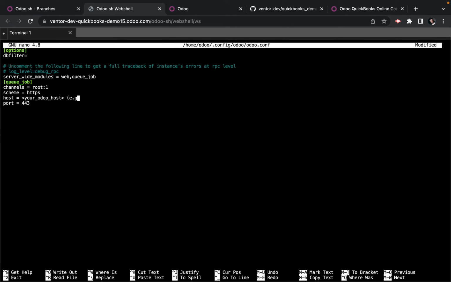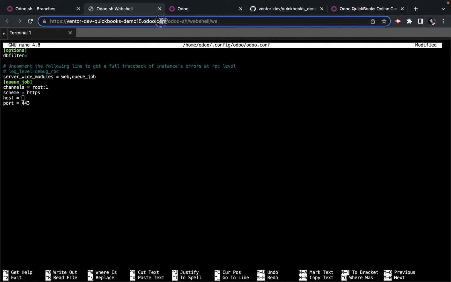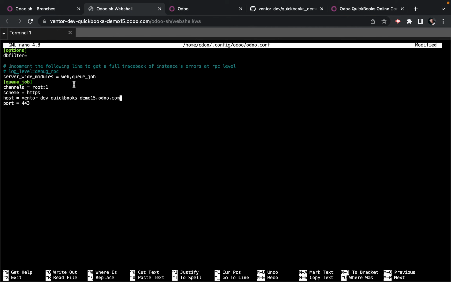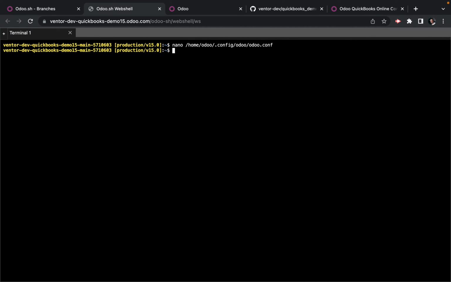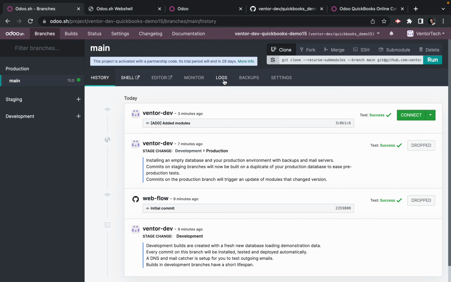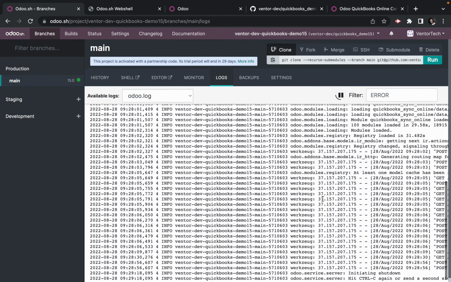Now let's copy the host name just from the URL, without HTTPS and so on. That is it. We are saving this, and what we need is to restart Odoo. After Odoo is restarted, the process of initial installation is finished, and you can proceed with the configuration already